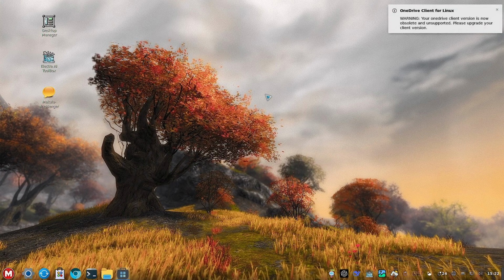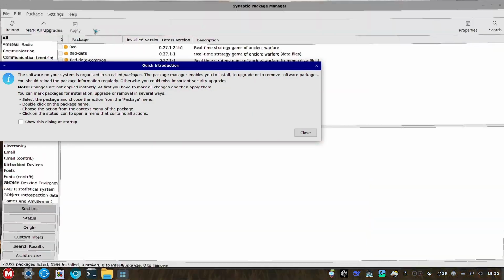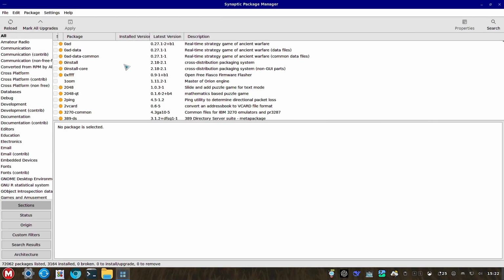Let us see what opens up. Okay, so Synaptic package manager is opened up. If you have used Debian, in Debian you have got the Synaptic package manager. You can install this on Ubuntu also, and in some other Ubuntu and Debian based Linux distributions, Synaptic package manager